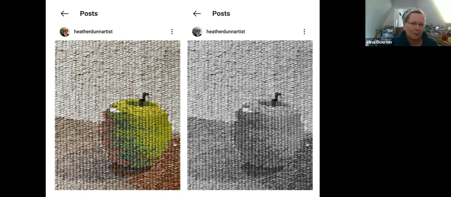I'm thinking about maybe doing that with this apple and just trying to really study and dig into what Heather was doing to get such a nice